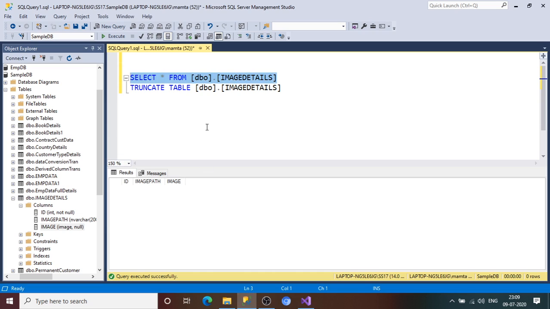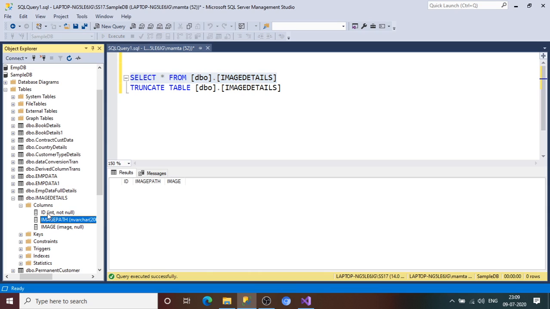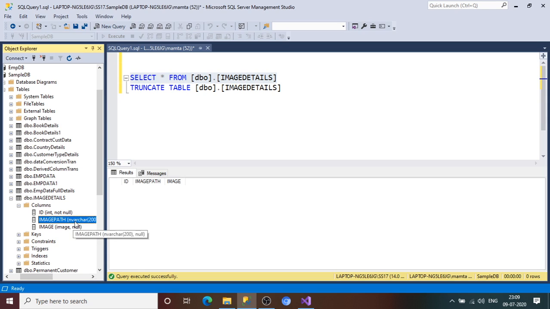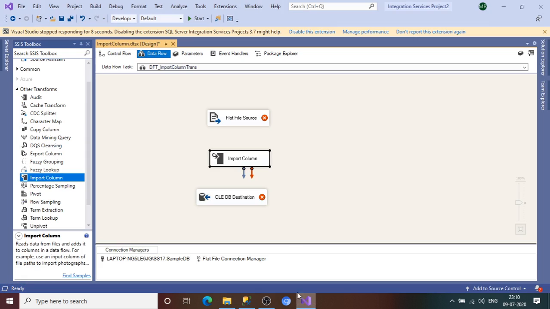Now go to SQL Server and I'll show you what table we are exactly using. Click on execute. See, I do not have any data as of now in this table. If you see the structure here, I have 3 columns in this table: ID, which is auto incremented, so that means I'm not going to insert anything in this column. Then I have an image path, which is nvarchar, Unicode, and then we have image, the last. Image path is actually the path of each of the images, and this is the actual image which we are going to load. If you see, the data type is image. Okay, let's go back to here.